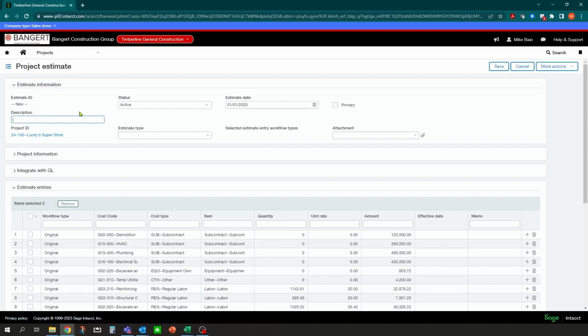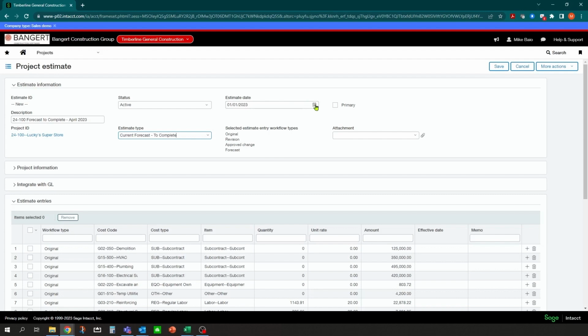So we can say, let's say this is April 24, 100, forecast to complete, April 2023. And we're going to give it an estimate type of current forecast to complete.